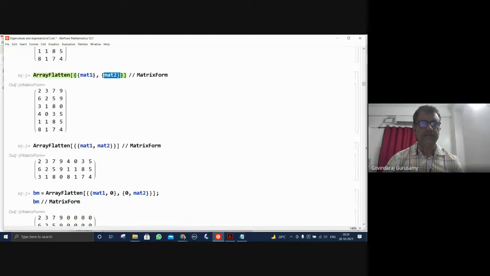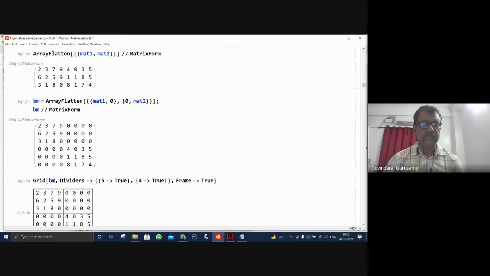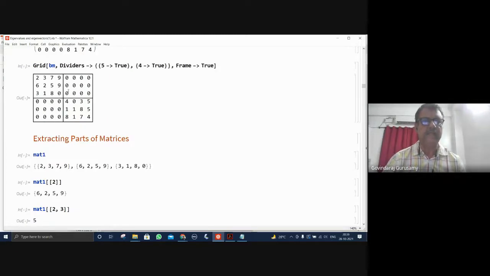You can combine like this. This is another way to combine. And if you want the combination of both with zeros in other places, that can also be done. And you can have grid structures if you want to add grids. At the fifth place I have a grid, 1 2 3 4 5. The fifth vertical line is here. 4 is somewhere here, 3 4. This is the fifth place. There is a line, and another line is at the fourth place.